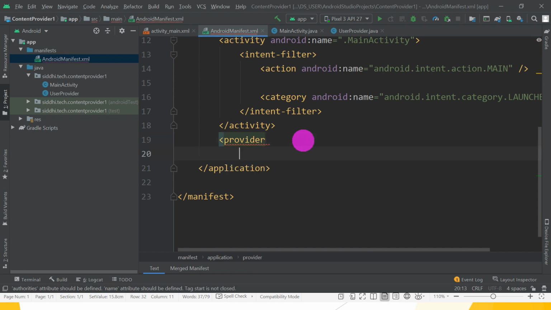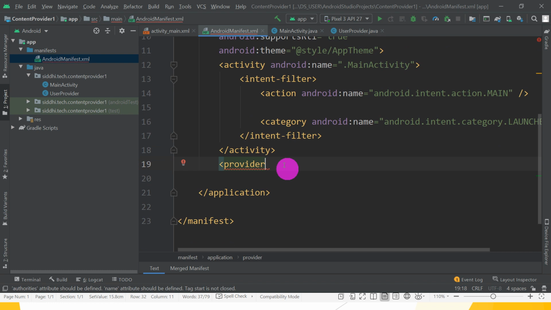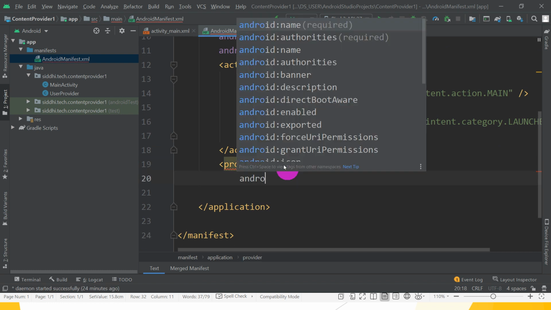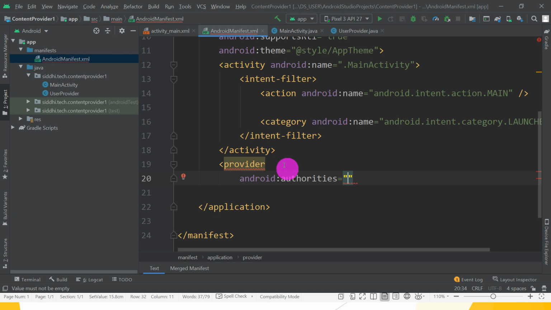In provider, what do we want to write? One, android colon authorities. In authorities, what do we want to write?